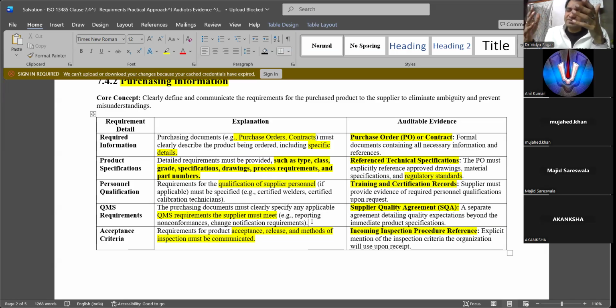What are the certifications available with them? Are they qualified? Are the certifications expired or still valid? A lot of the certifications I have seen with the biocompatibility testing laboratories, most of them will be expired. So you need to look at the validity of the certification. You need to go in depth.